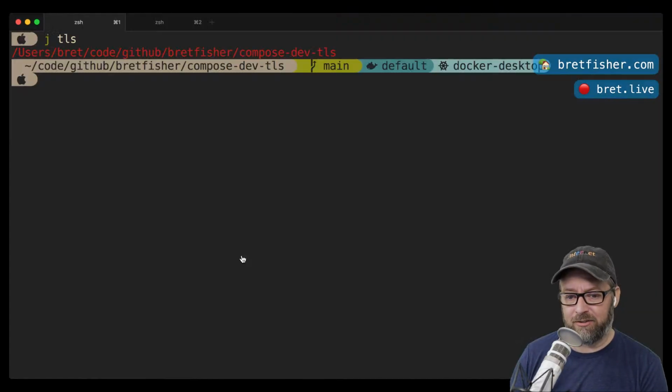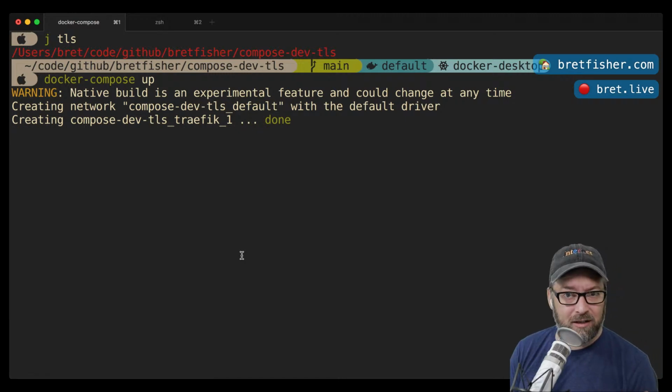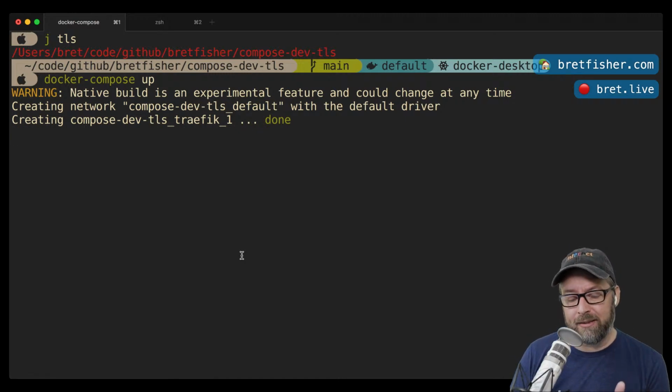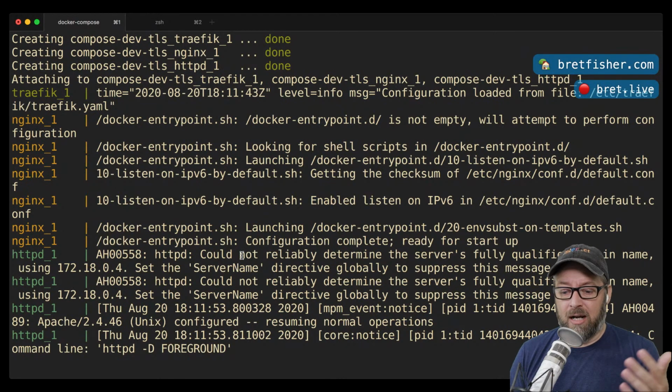All right, let's spin it up and just see how it works. So if I just do a docker compose up on this repo, it's not going to build any images, but it's first going to download Traefik and spin that up. That's because I use a depends_on that is going to wait for Traefik's health check to pass before it spins up my applications. Then it's going to spin up httpd and Nginx at the same time, and they're going to boot normally like you would expect them to boot, and I'm done.